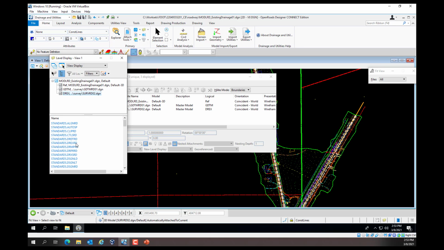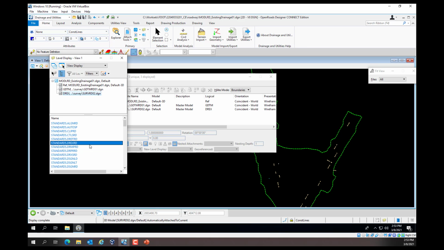We'll find the level filter standards.drexrd file. That will display for the survey file only the existing drainage. We'll switch back to levels and verify that we have just our utilities or the drainage levels shown.